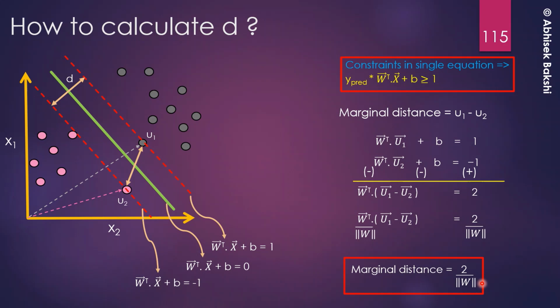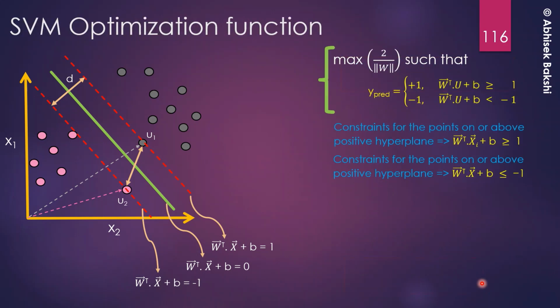So if I want to make the margin as wide as possible, mathematically how can we express it? We can say that we want to maximize this value of D. That means the objective function can be written something like this: maximize 2 by norm of W such that